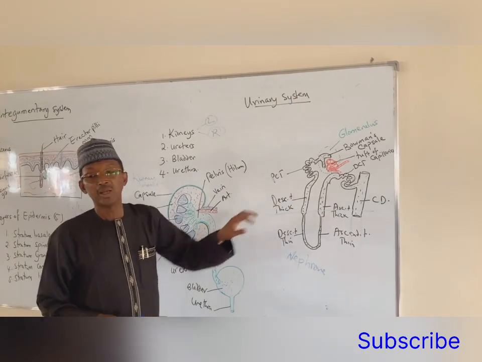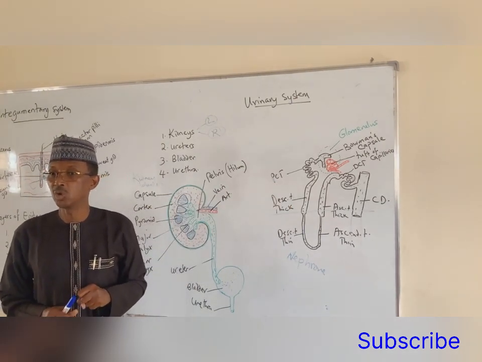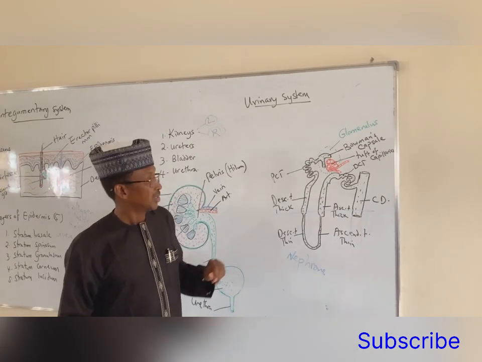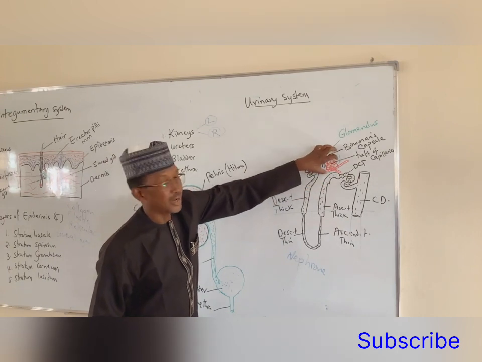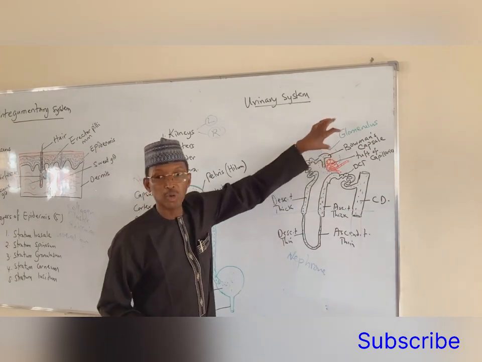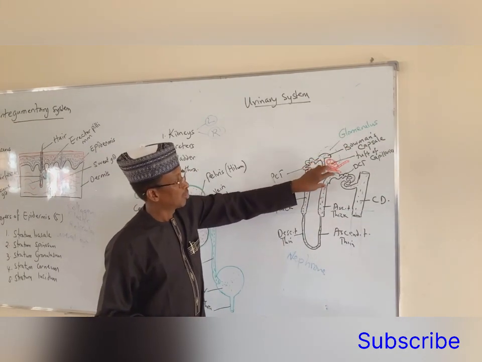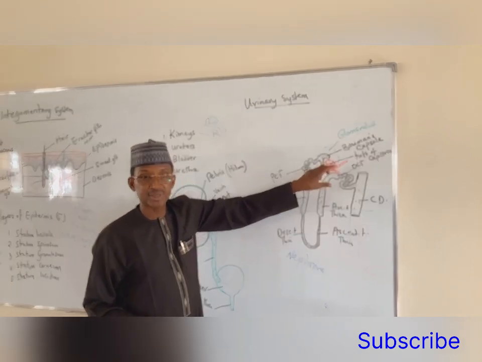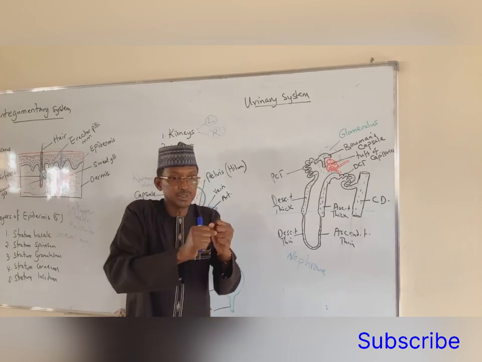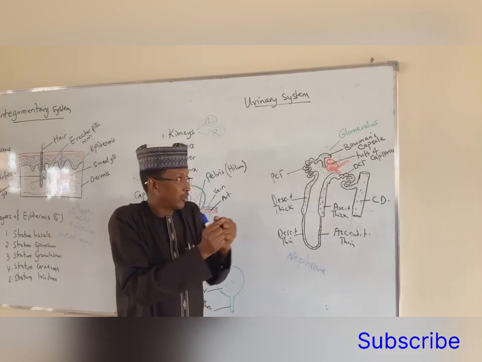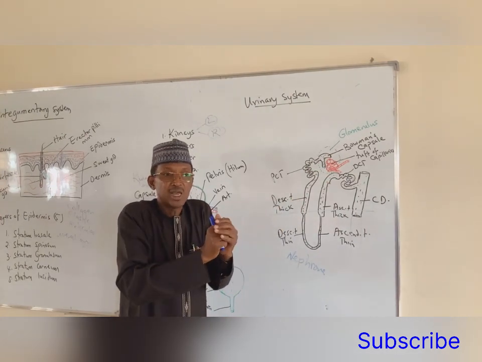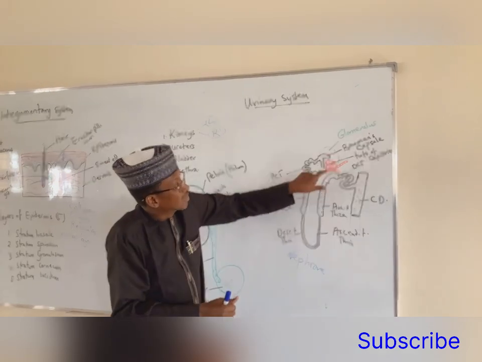The nephron, as I told you, is the structural and functional unit of a kidney. If you now look at this nephron, it is made up of one expanded end or beginning, what we call the glomerulus. This glomerulus consists of a tuft of capillaries. So there are blood vessels that curl around themselves, just like a ball. The blood capillaries twist and form a ball-like structure that enters into a cup-like